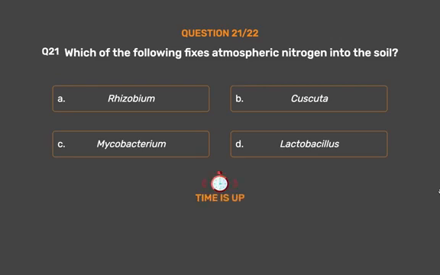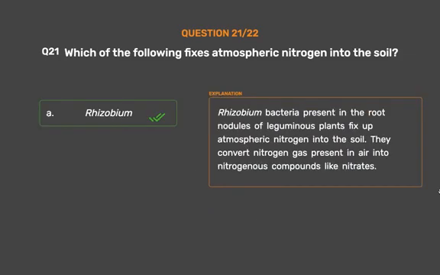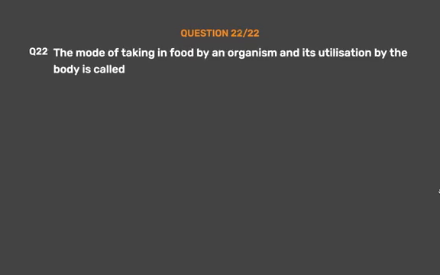The correct answer is Option A. Rhizobium. Rhizobium bacteria present in the root nodules of leguminous plants fix up atmospheric nitrogen into the soil. They convert nitrogen gas present in air into nitrogenous compounds like nitrates. Question number 22. The mode of taking in food by an organism and its utilization by the body is called